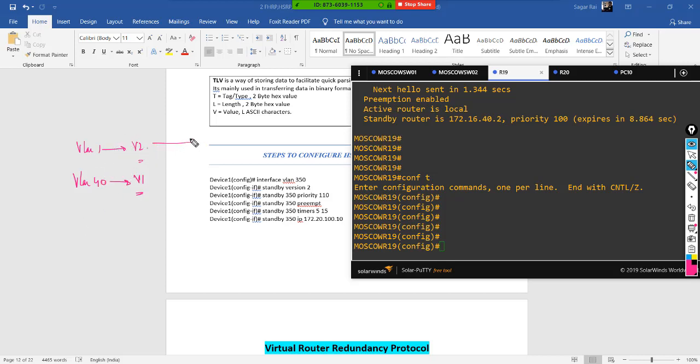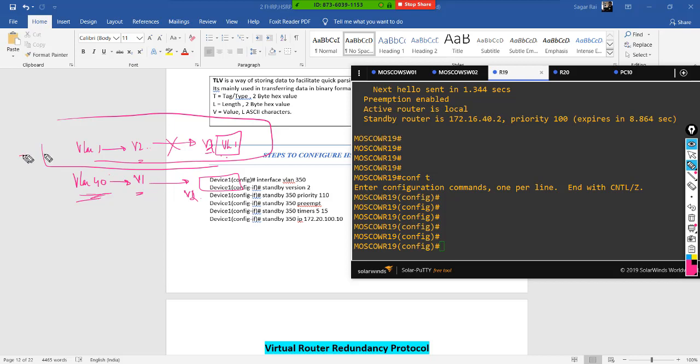But on the second side, you cannot have version 1 for VLAN 1. You need to make it version 2 for consistency. In the case of VLAN 40, you can still have the second device on version 1, but you cannot bring version 2 there. That's a mismatch.